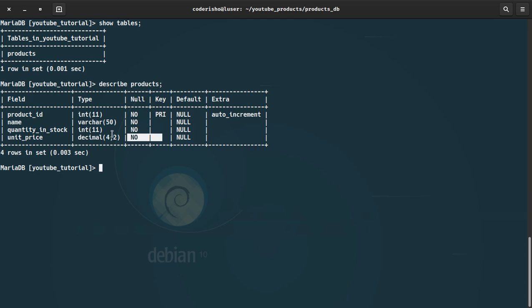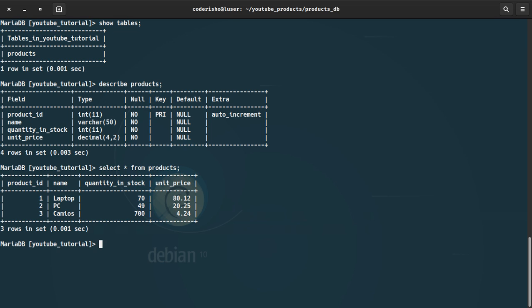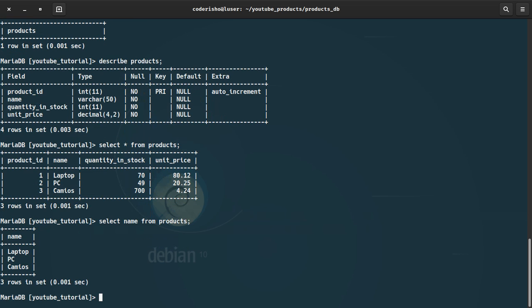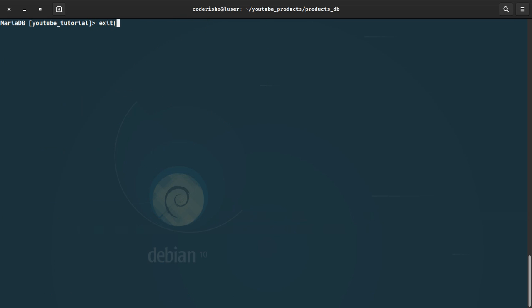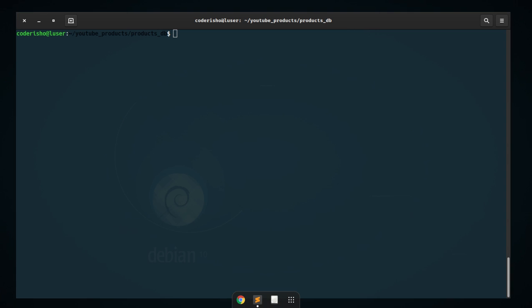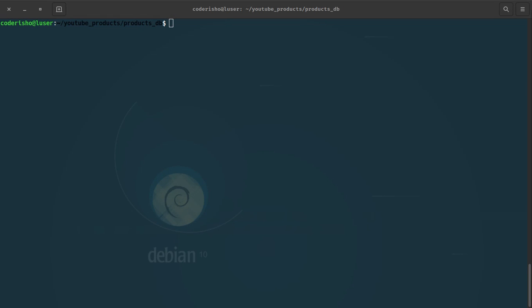This is our table. And select all from products, or select just the name and the unit price this time. Okay, there it goes. Everything's in there. We have successfully created that with a Python script. So next up,